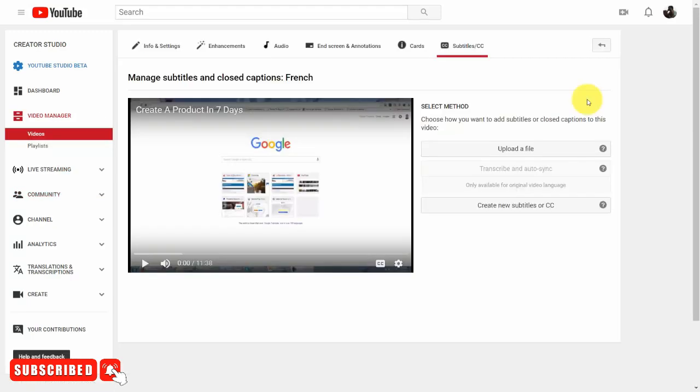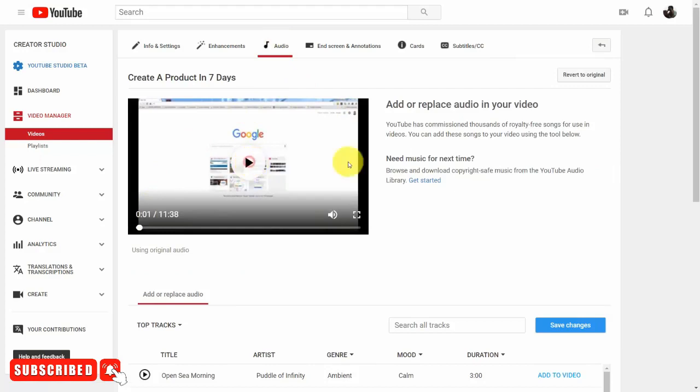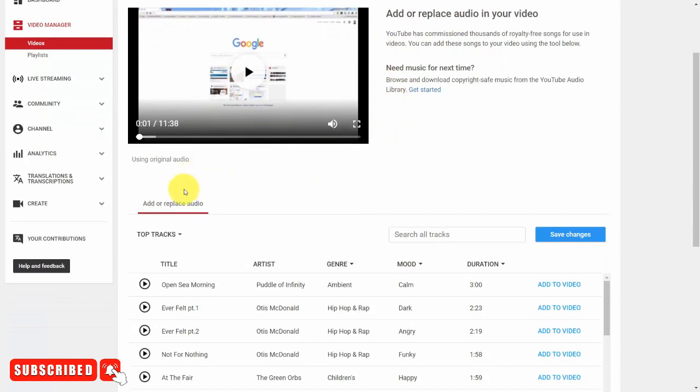Welcome back. Now, depending on what your live stream is and what you're trying to do, another part of the post-production process may be to add music. And you can do that inside of your video editing screen and going to this link that says audio. And when you do that, what you're going to notice is that you can add or replace audio inside of your video. Now, you're not going to be able to add anything from your personal computer to your existing video, but you will be able to add music that is already available on YouTube as either background music or to replace certain audio.